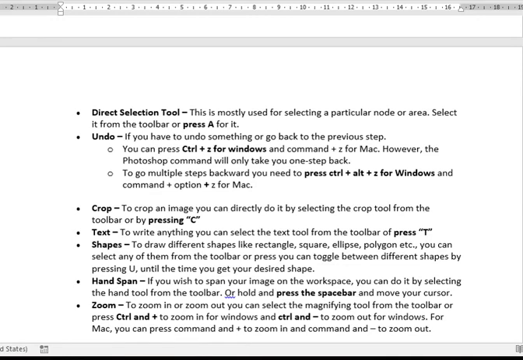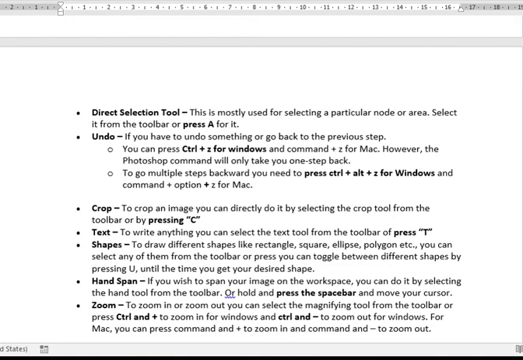Shape tool. Shape tool is used to draw shapes like rectangle, square, ellipse or polygon. You can select any of them from the toolbar, or simply by pressing U on the keyboard.